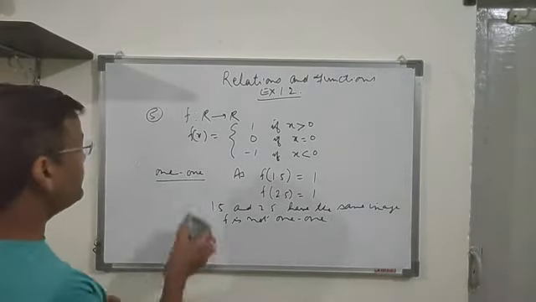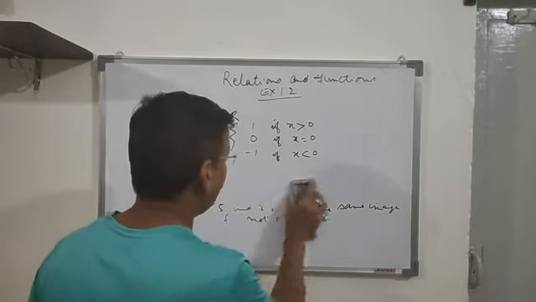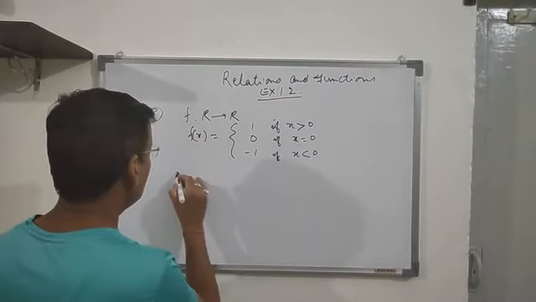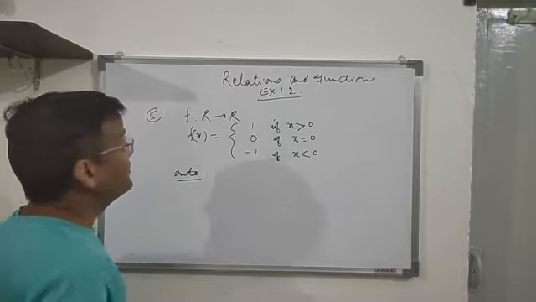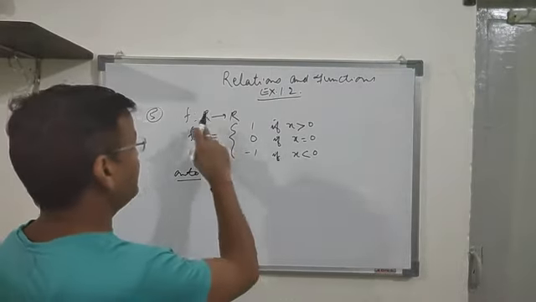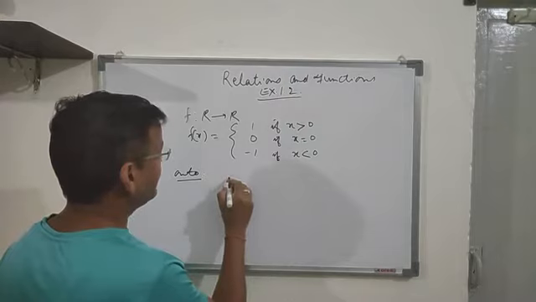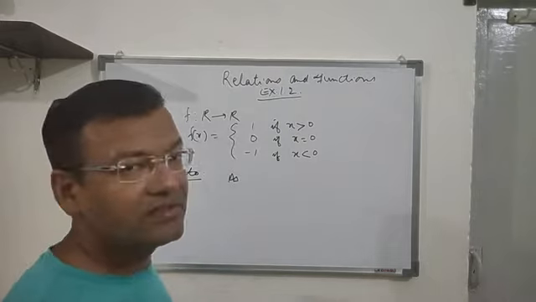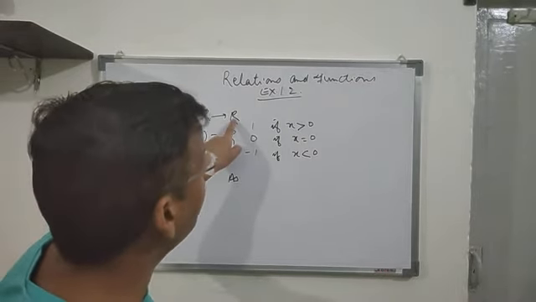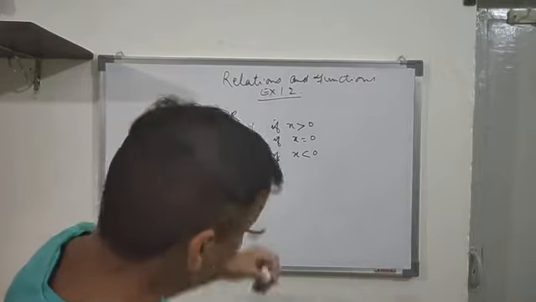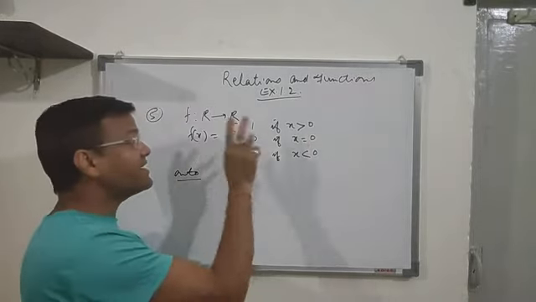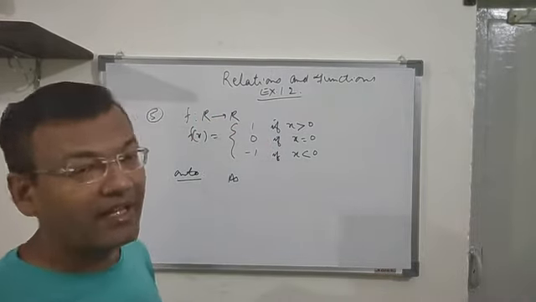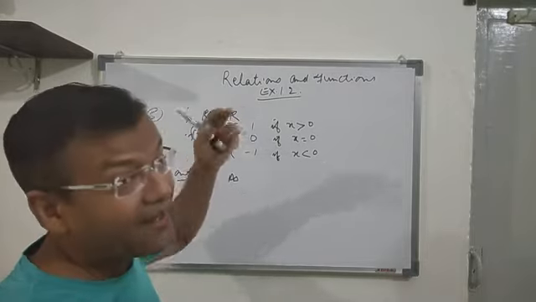Now let's come to the onto part of it. Is it onto? If I say onto, that means it is a function from R to R. As you can give a simple example, R will be on the right-hand side, a set of real numbers, because the codomain is a set of real numbers, and we can see it here. Only 3 images are there for any of the real numbers of the domain, that is 1, 0 and minus 1. That means the remaining elements of the codomain are unassociated.